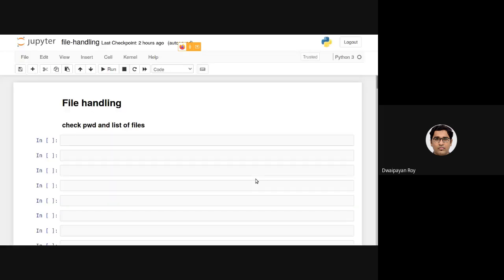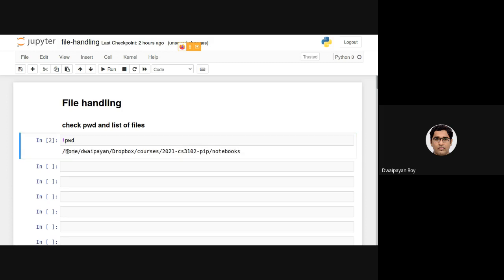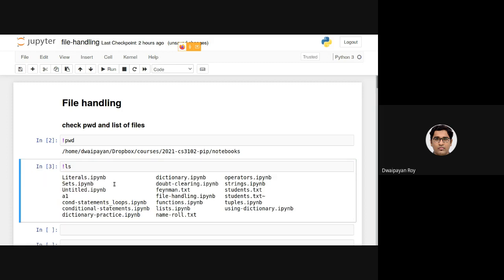Okay, so let's first discuss this pwd and the things that we have discussed so far. To check the present working directory, we can apply this pwd magic command in the IPython notebook. You can see the present working directory is this. Now, if we want to list the files that are stored here, you can see these are the files stored in this path.